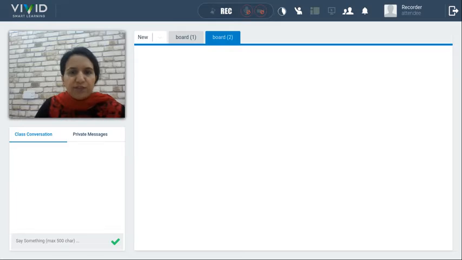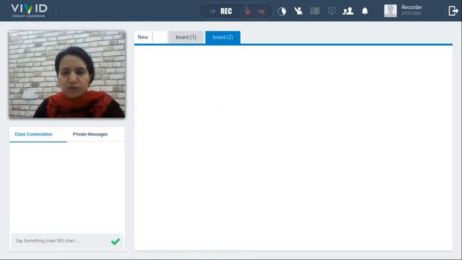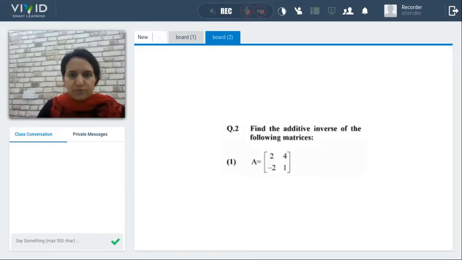We have to find the additive inverse of the matrices. Okay, no, this was not question number 2. So here is question number 2. We have to find out the additive inverse of the following matrices. What we are going to do is, additive inverse means you just have to change the signs of the matrices. The given matrix A has elements 2, 4, -2 and 1. We just have to change the signs of these